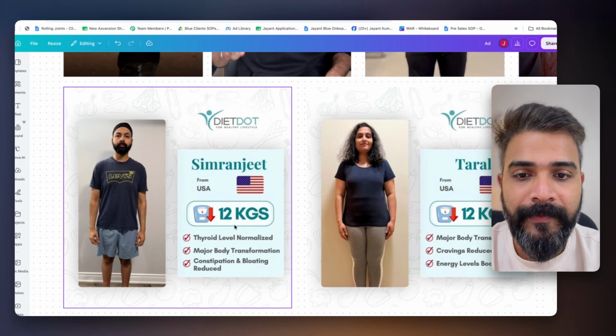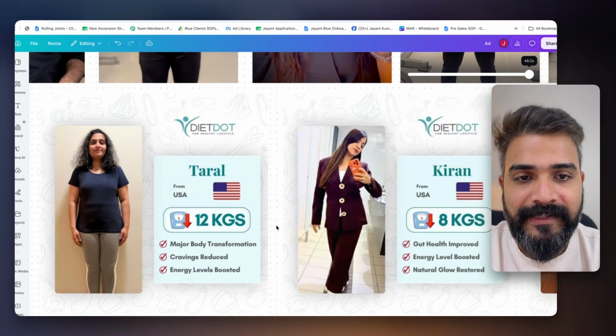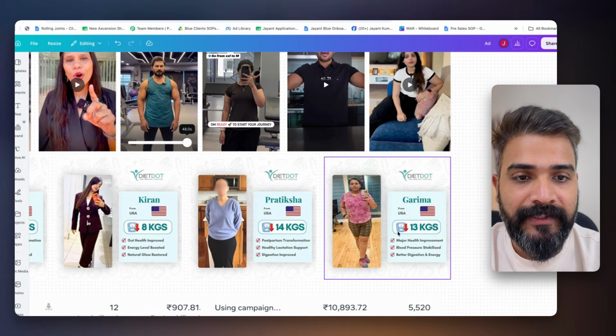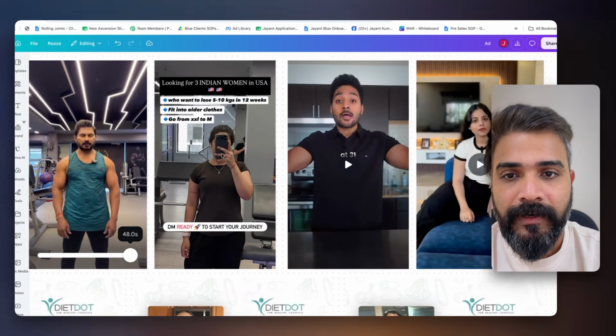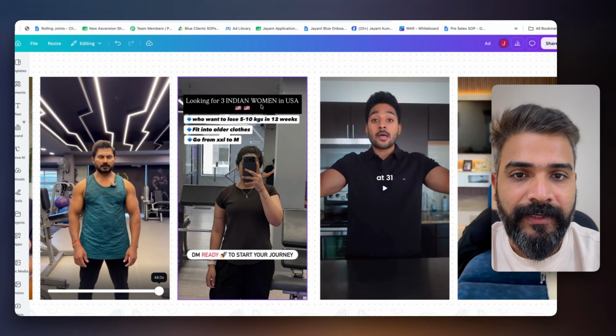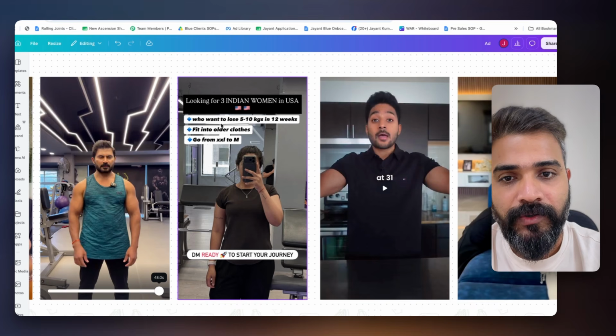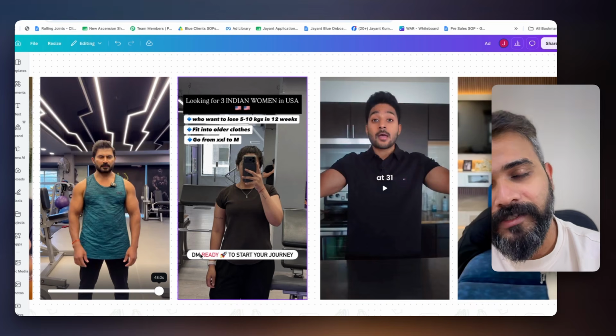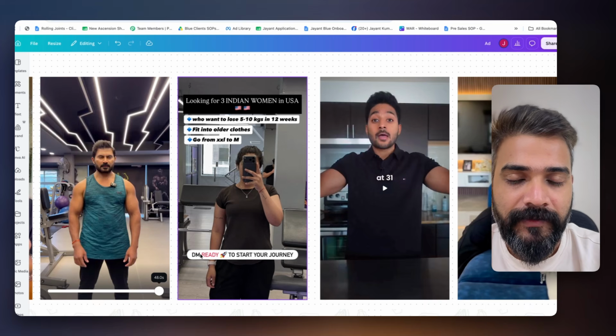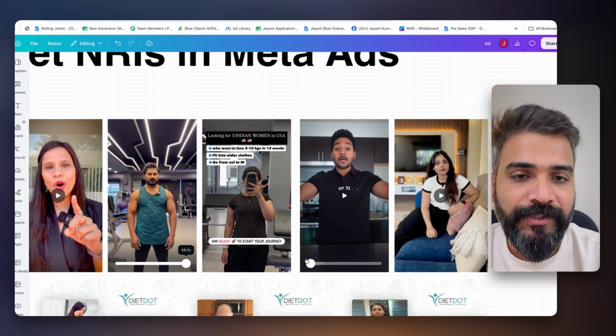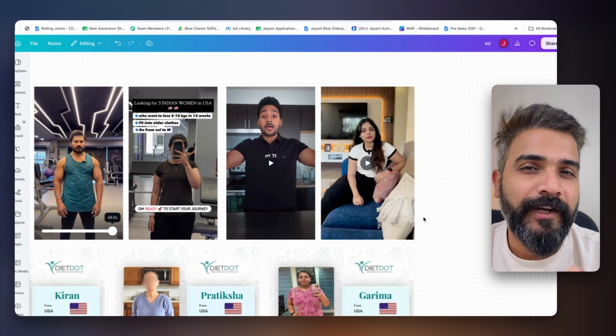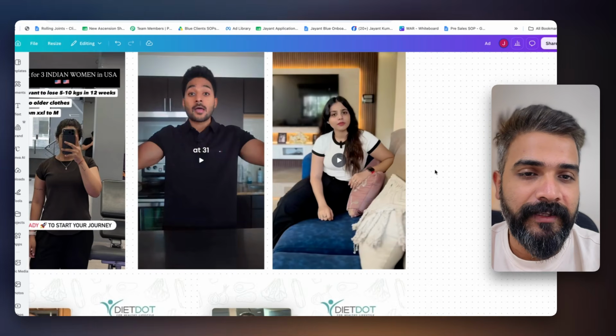And then the outcomes that they received. These are amazing image ads. One of them says, looking for three people in USA who want to lose weight. Here she's using an Instagram DM automation ad for herself. I prefer click to WhatsApp ads. They're way better than this.